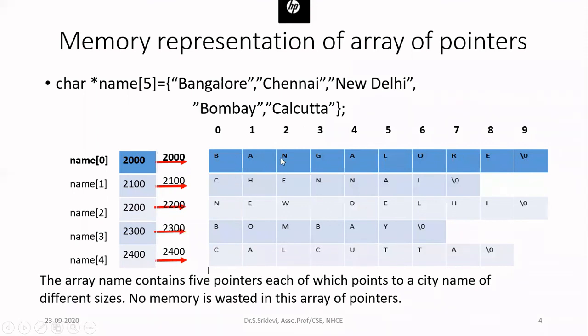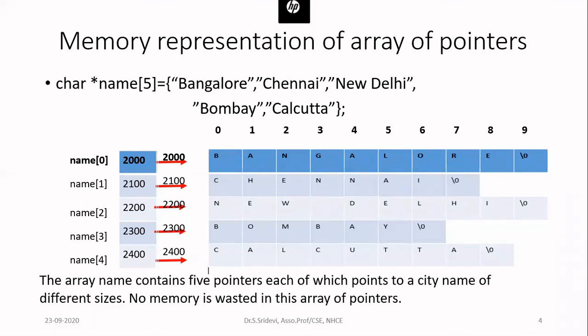The first memory is allocated by one malloc function. The second memory is allocated by the second malloc function. Totally, we have called the malloc function 5 times to allocate the memory for this particular 2D array. So you have to again call the free function 5 times. The reason is, every malloc will allocate 1 block of memory. For Bangalore, you have called malloc 1 time to allocate 1 block with 10 characters totally. Then for Chennai, we called malloc a second time to allocate memory for 8 characters totally, and so on. So you have to call free that many number of times.